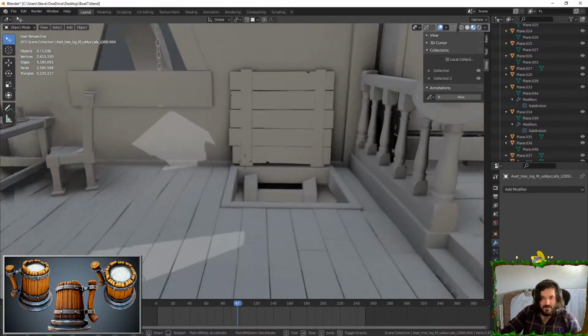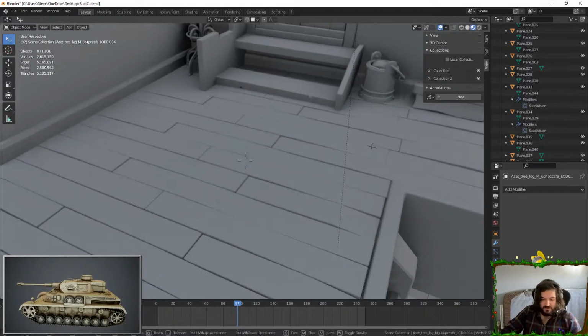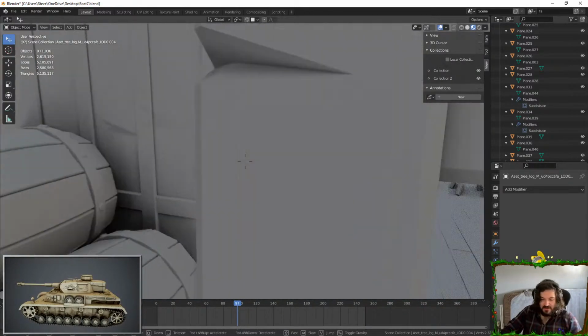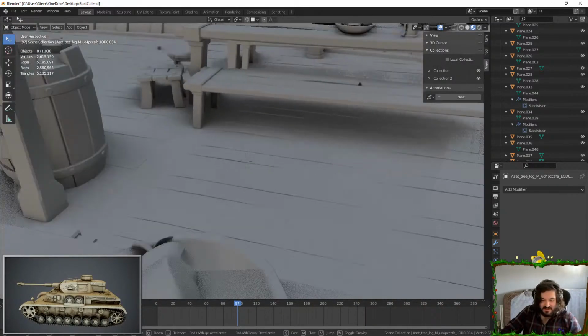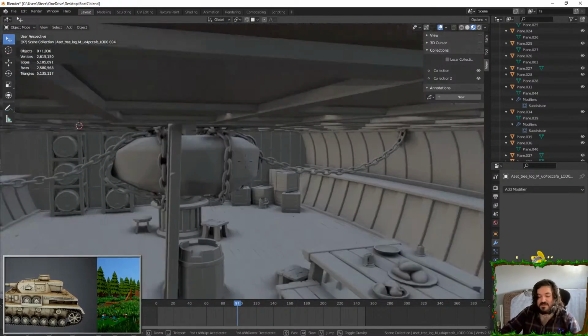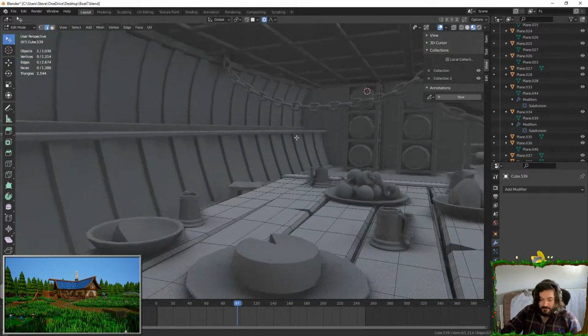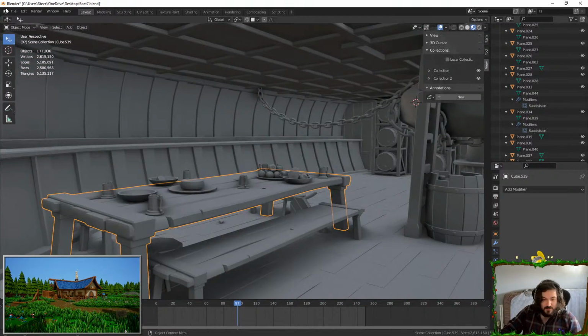I think I'm going to do the table. Not too much, but if I get this table done in here, at least that's 2, because I'm just going to duplicate over here. We get 2 tables done in here, so that's a big piece done, which is quite nice. So if we grab the table and chairs,